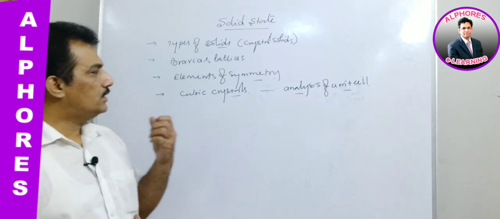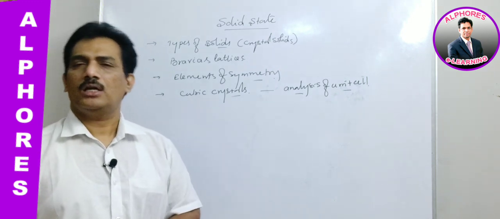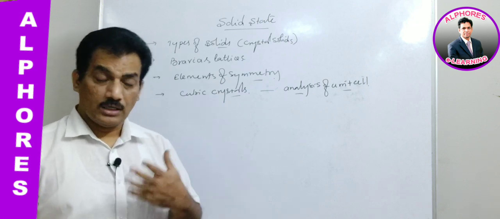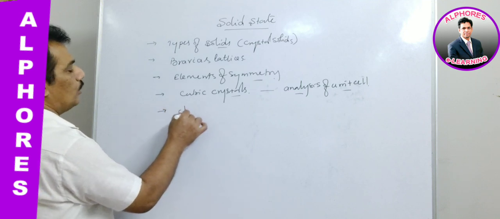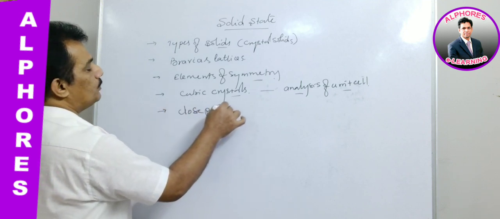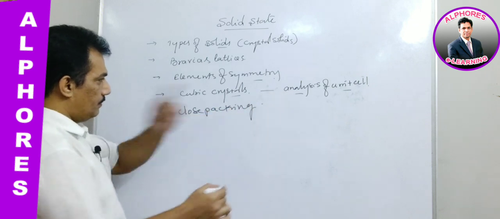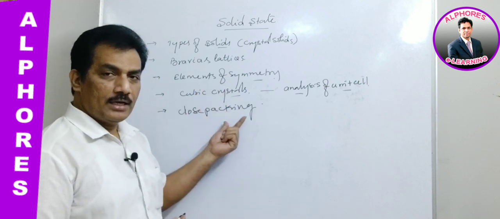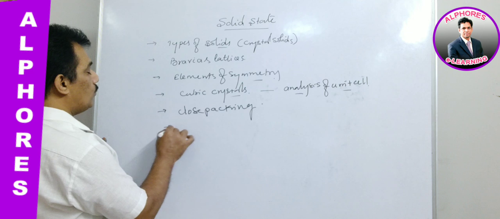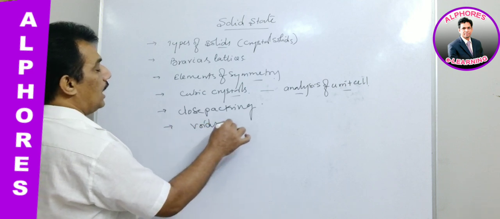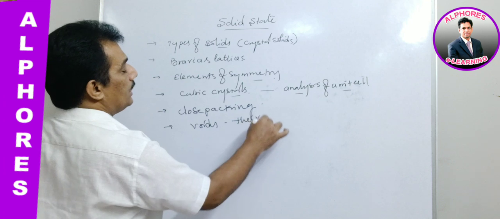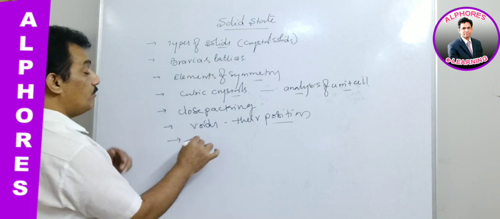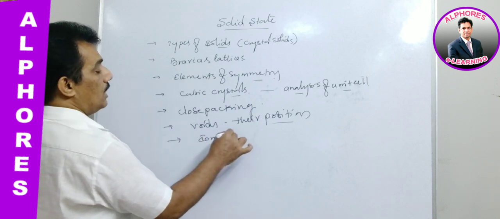Depending on the arrangement or orientation, that arrangement is known as close packing. We have to study the close packing system also, and the packing fraction depends on the close packing. During that we come across voids, different types of voids and their positions, which we have to study. And then after completion of all these we have to go for different ionic crystal models.